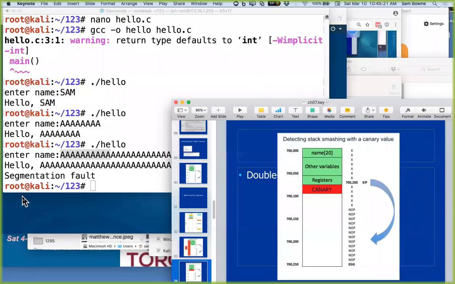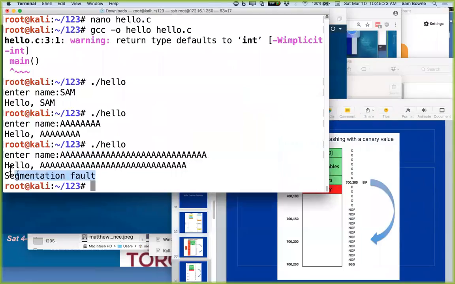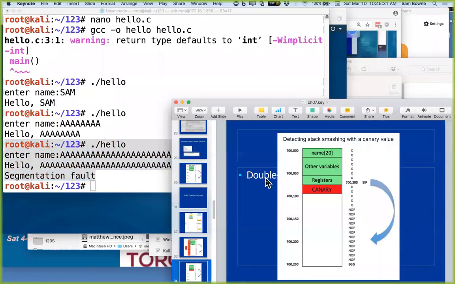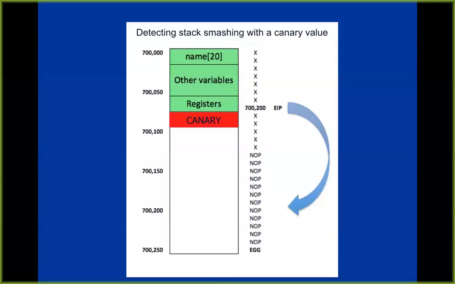I didn't see it here, but I've seen it in other versions of Ubuntu. I think if you use Ubuntu, you'll see it. I don't see it in my Corley. This one here actually said stack smashing detected. That's what it showed in earlier versions of Corley. And that's this particular defense called a canary value. It's named after the canary in a coal mine. You take a canary in a cage and put it on a stick. And if there's bad air in there, the canary will fall over and you can tell you better not go in there. And so this will detect when somebody is overflowing variables.